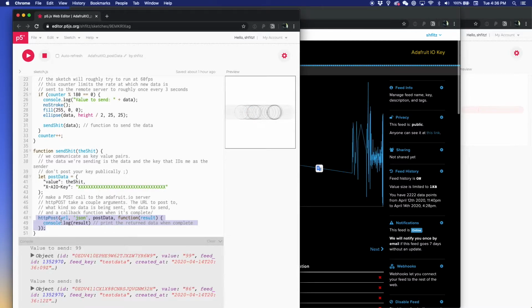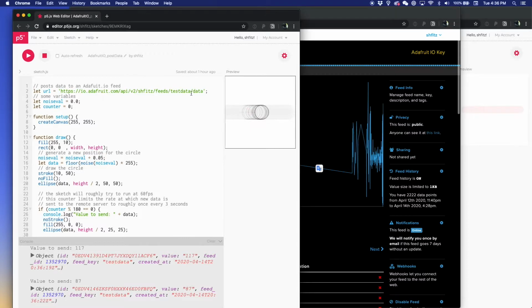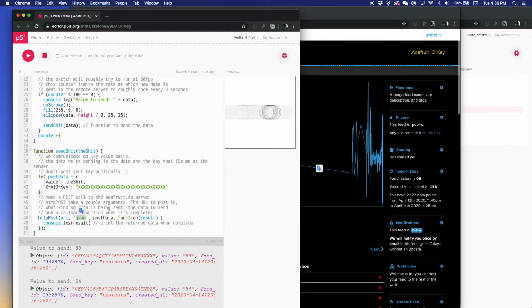So I'm saying HTTP post, and then I pass it four arguments. The first one is the URL that I'm referring to, which I've defined back up here. This is my feed and the kind and what I'm posting to it. After that, I'm saying what kind of data I'm passing on. In this case, I'm passing JSON. So again, if you look at the post data, this is formatted as JSON. And then the next thing I pass is the actual information itself. So you can see here's the variable post data. It passes the key value pairs of both the data and my access key. And then the last thing that it wants is a callback function for when